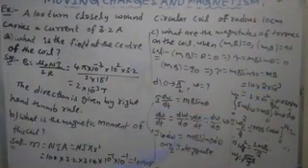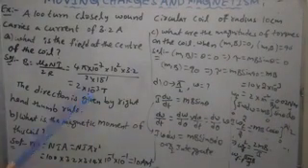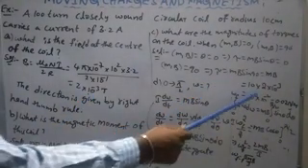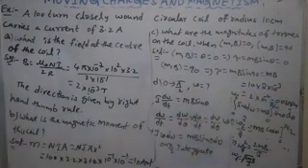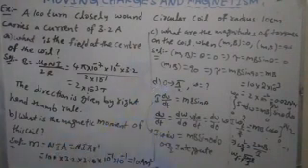So what is the magnetic moment here? How much did we get? 10. Into what is the magnetic field? 2 into 10 power minus 3. Simplify, and you will get 2 into 10 power minus 2, which is 0.02 Newton meter. The unit of torque in SI is Newton meter. So next, this is very important.